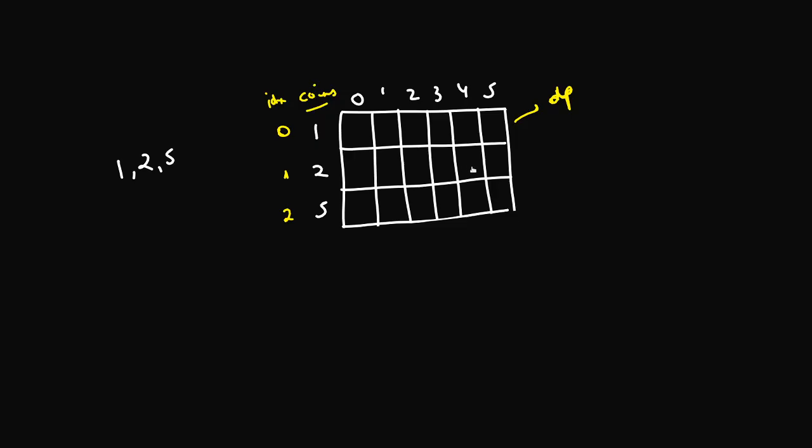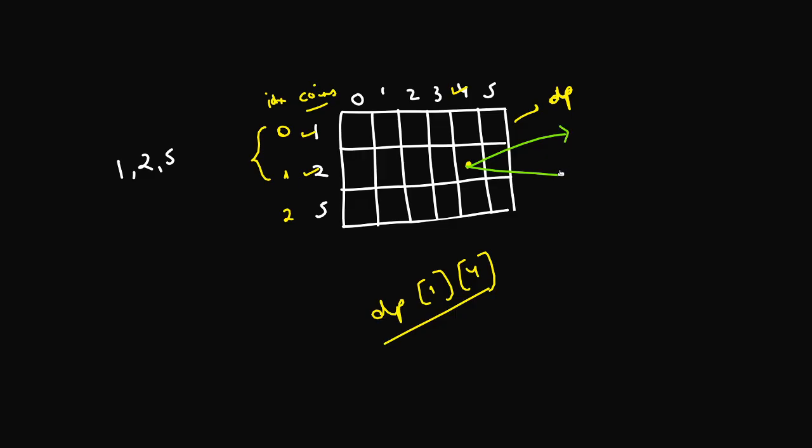Suppose I'm trying to calculate what value will end up here, which is DP of 1 of 4. So this is what I am interested in. What does this mean? First of all, this means that I have all the coins all the way till here. That means that I have the coin of denomination 1 and denomination 2, and I'm trying to make an amount of 4. So at this particular place, we'll always take two decisions. What those two decisions are?